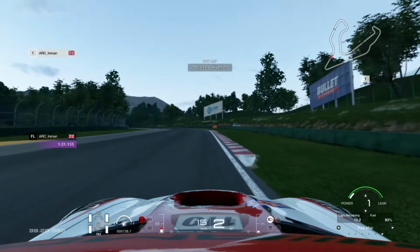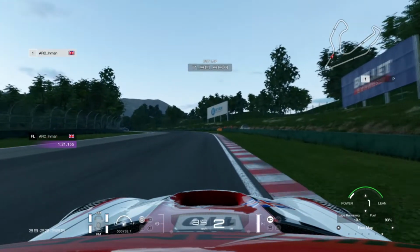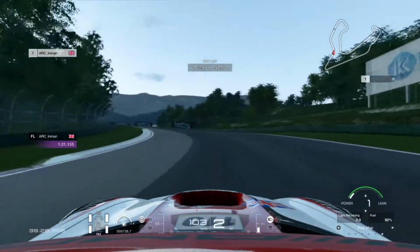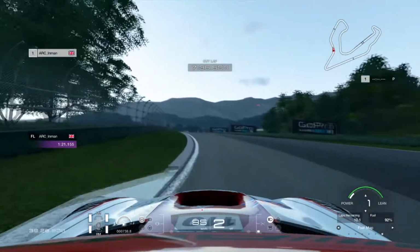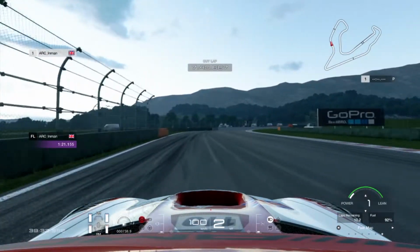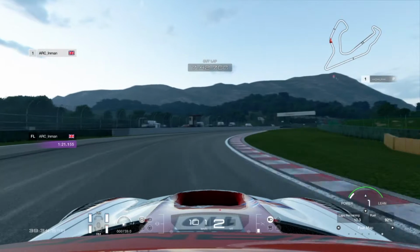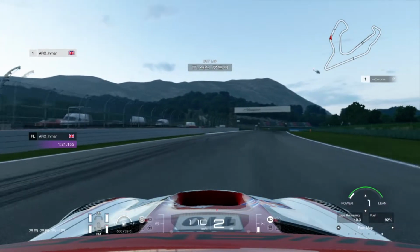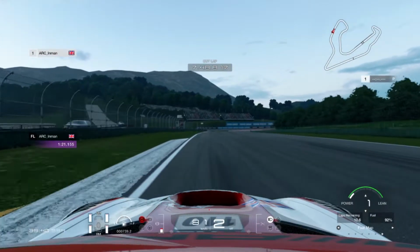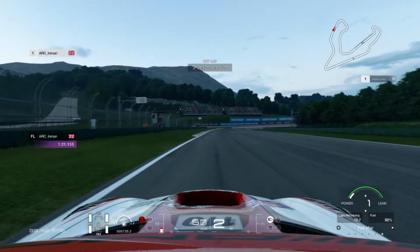The start of this curb will indicate when you're going to start gradually turning in. Again, we're going to go for a bit of a late apex. You can use this part of the curb, you can even use the grass there. You're going to be about here. Again, cut across the curb, use the curb on exit,